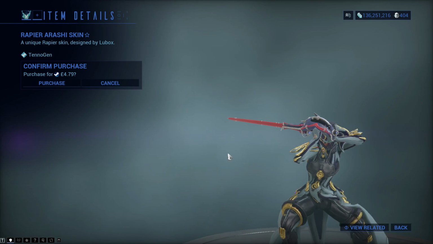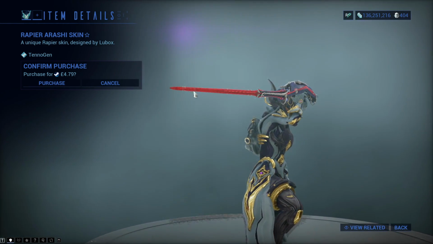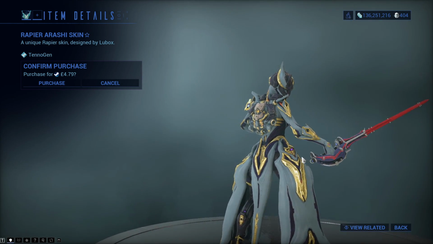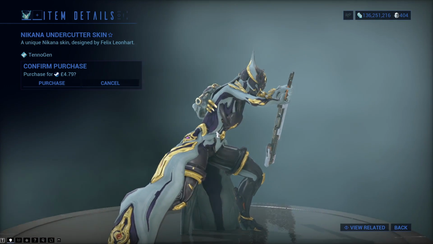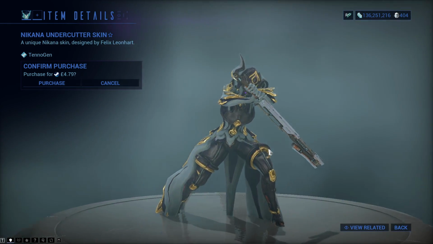There is a Rapier skin as well, and there's something about this that also makes this stand out. There's a lot of detail in the blade, there's a lot of detail in the handle. You can tell a lot of work goes into a lot of these. Sadly, however, you can't really tell so from the Nikana skin, because